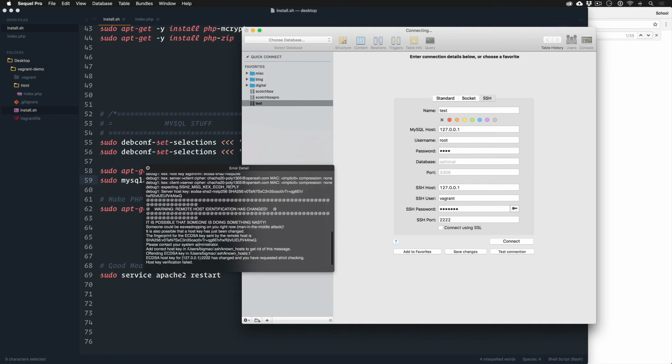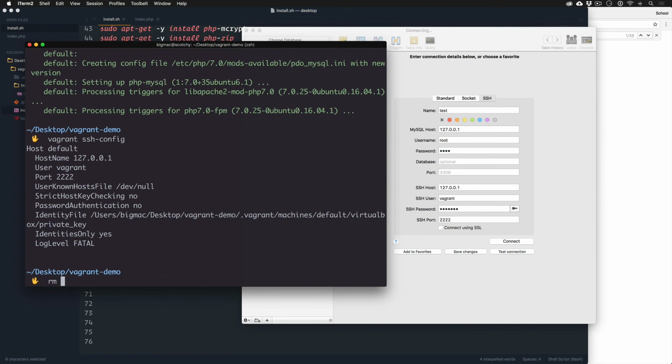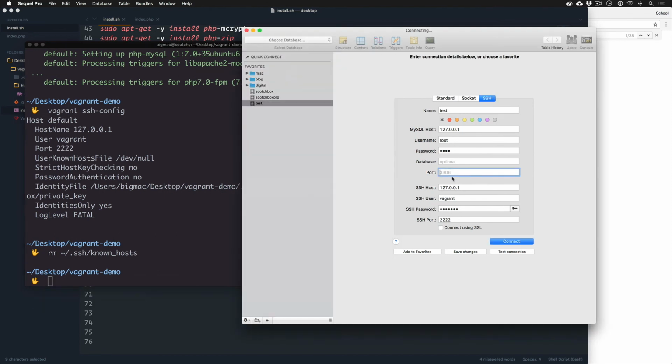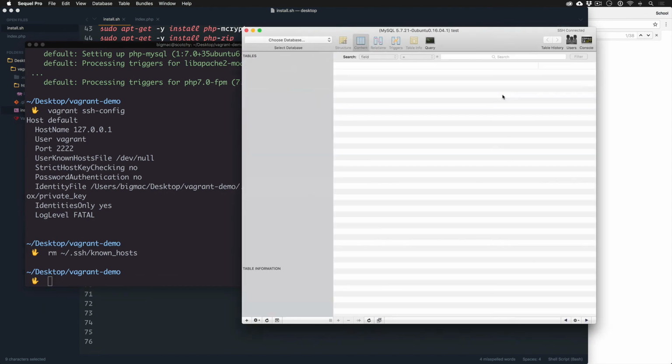Why is this not connecting? Oh, I'm getting weird errors from doing too much crazy stuff. So let me connect now. Yes, I accept the connection. And I'm connected now to my virtual machine where I can access the Scotchbox database. This is really cool